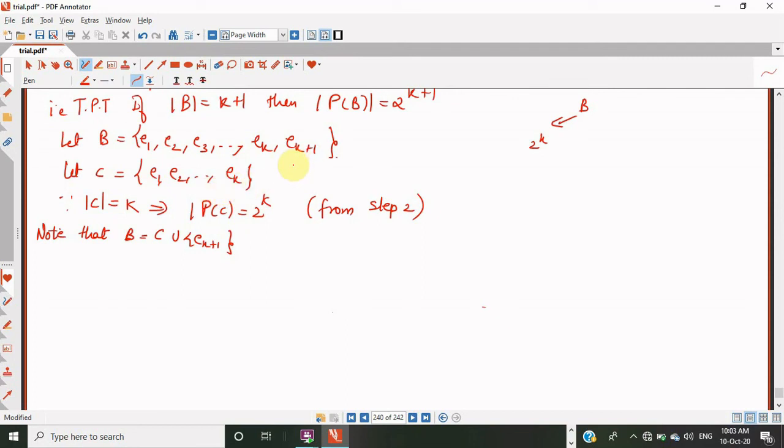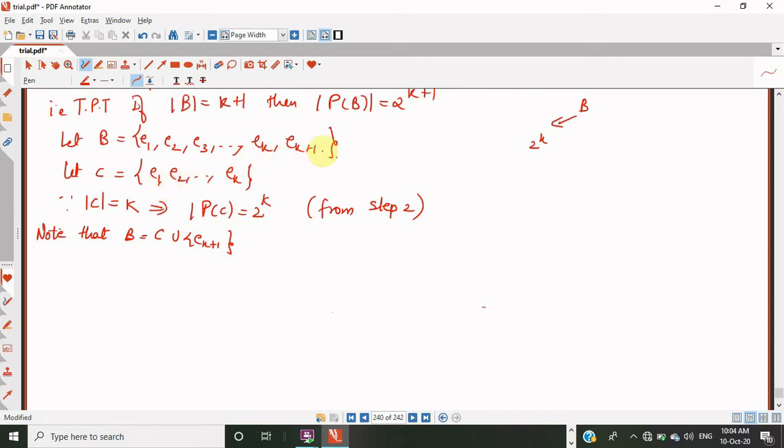But now we can easily construct all the possible sets of B containing e_{k+1} by just inserting this e_{k+1} into all the subsets of C. For example, if I want the singleton set {e_{k+1}}, I just insert e_{k+1} into the empty set, and so we get all the singleton sets: {e1}, {e2}, which are already in the power set of C, as well as now {ek} and {e_{k+1}}. The doubleton sets would be formed from all the singleton sets which we have in the power set of C, and this goes on.